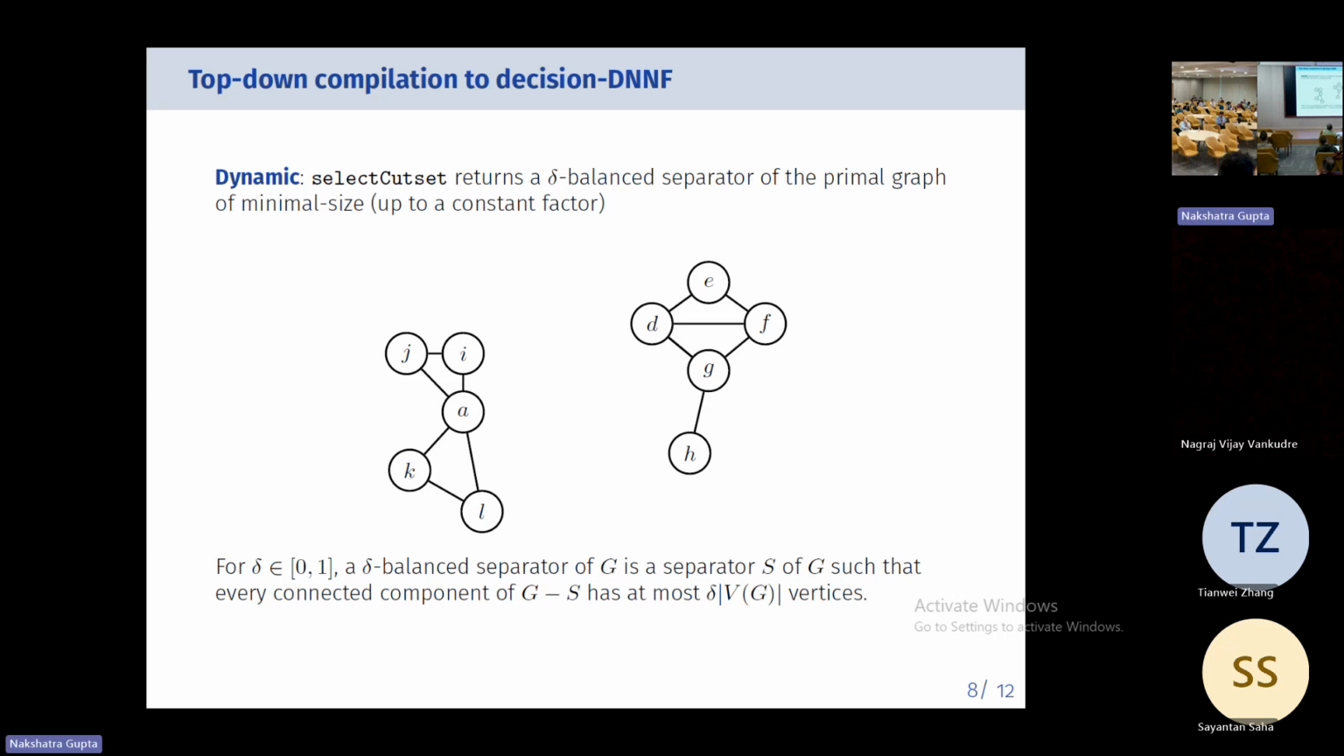So of course, after you assign B and C in any way you want, you obtain two subformulas, but the graphs of the subformulas are not necessarily these two things because of the preprocessing and so on. You can assign a bunch of other variables by unit propagation, and really the formulas that you obtain, the primal graphs are subgraphs of these things. But anyway,